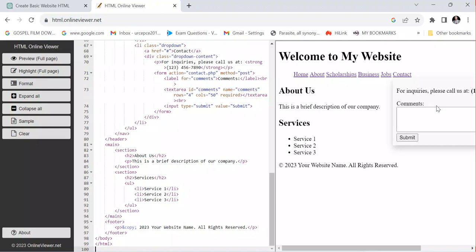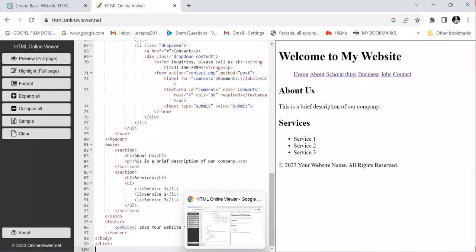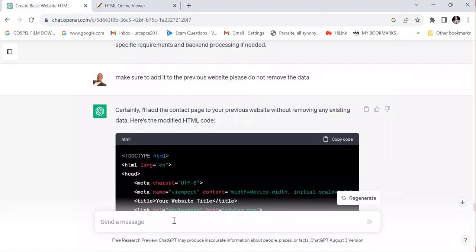So now, for example, you see we have the same color in this website that has been created, and let's see if we can create a new color. So right now, let's go back and ask ChatGPT to make sure that the tabs are in green color, and are not drop down. You can even specify which means drop down,